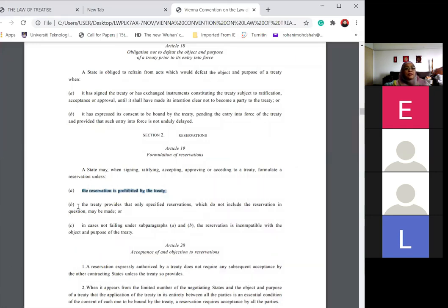Okay, now let's look into B. The treaty provides that only specific reservations which do not include the reservation in question may be made. For example, alright, you can say reservation only allowed to wildlife that flies. Alright. Okay, so you will say protection to wildlife. I like this example. Alright, maybe you have heard it. Protection to wildlife is a new treaty signed by the world. Right. What is wildlife? Alright. Wildlife includes birds. Right. All wildlife, either crawling or flying, includes birds. So you have to protect all the birds that are about to be extinct, or wildlife. Alright. Now, when we protect wildlife birds,